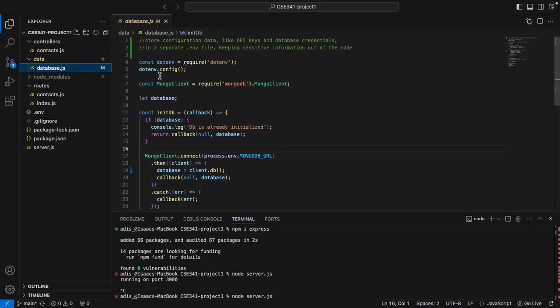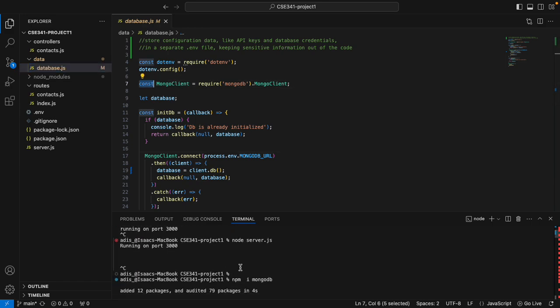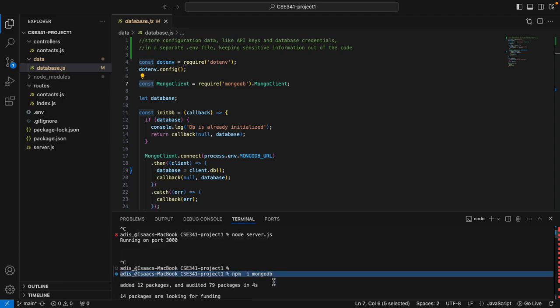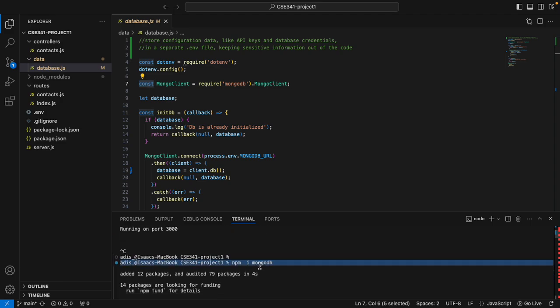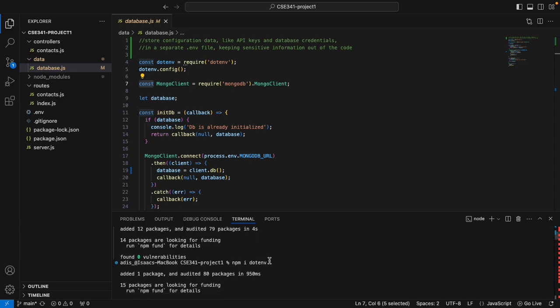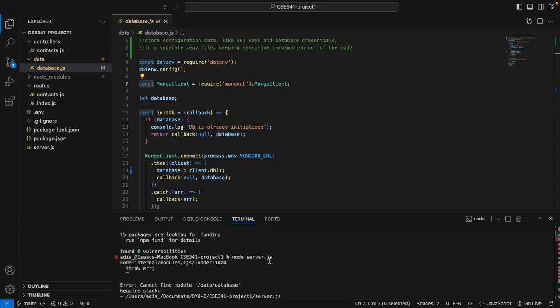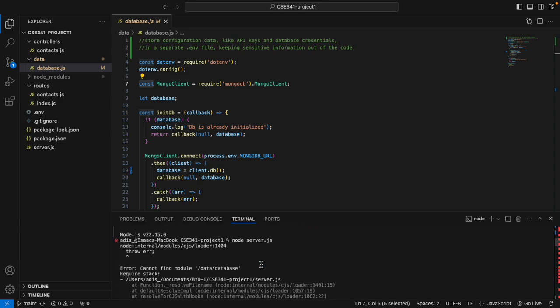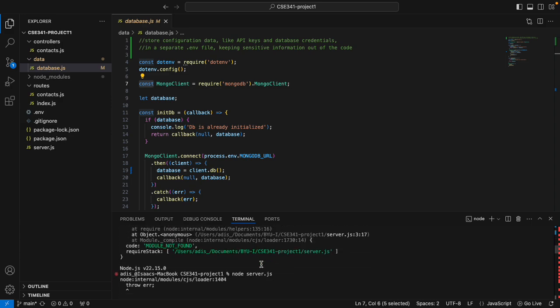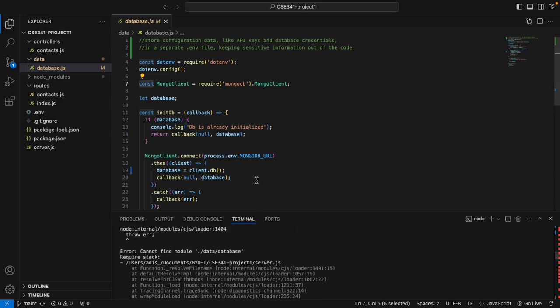So in order to do that, I installed npm i mongodb. So yeah, and then I was just trying and trying, and many things didn't work out